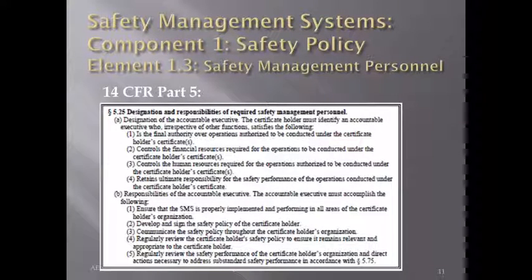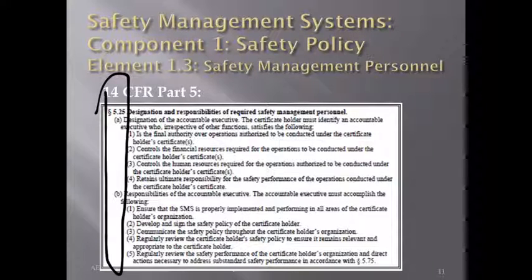All right, here again, we've given you the screenshots of the Federal Aviation Regulations. FAR 5.25 then takes the accountable executive a step deeper even. Now be sure that you take the time to read these regulations. The PowerPoint presentations explain how they are outlined and you need to read through them, get an understanding of them then. So 5.25 takes the accountable executive a step further, charges specific authority and responsibility. That's authority up here, responsibility in B, providing that needed balance.